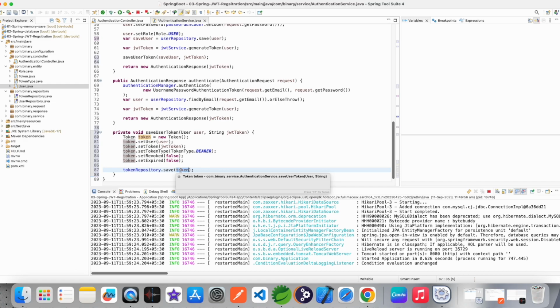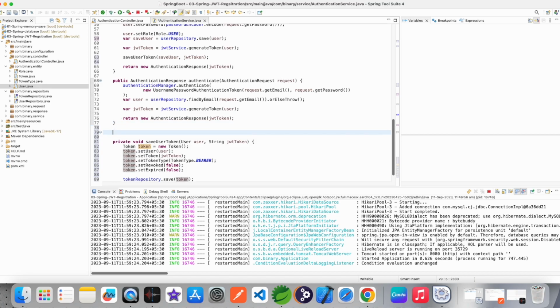And one thing also, I add a method for revoke. This also returns void because nothing is returned. Revoke all user tokens. This method helps when a user gets logged in. Tokens, user, pass user. Yes, yeah. First